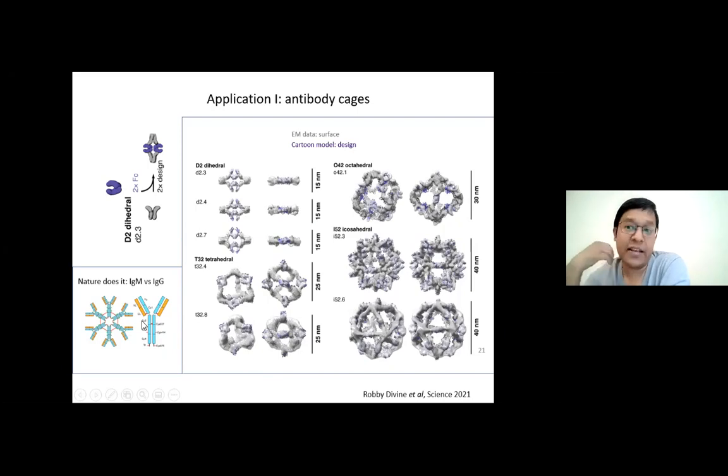And then you can ask, why would you want to make virus-like assemblies from antibodies? One of the things is that I keep telling people that nature does things. In 3 billion years of evolution, nature has done a lot of things. But it's also true that nature has not done a lot of things, because of the amount of time nature got. Throughout evolution, nature made these molecules to fight disease. But what nature did not do yet is